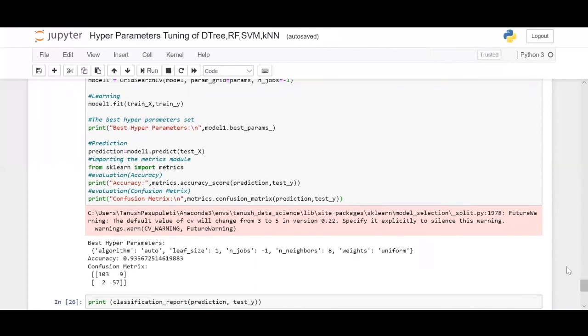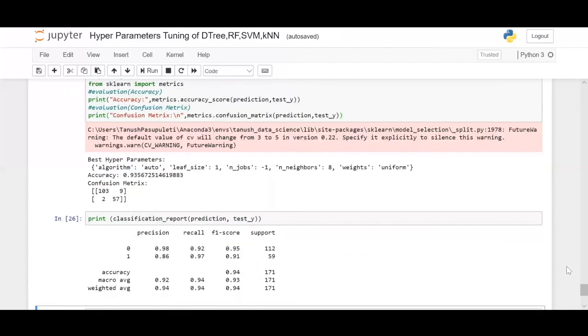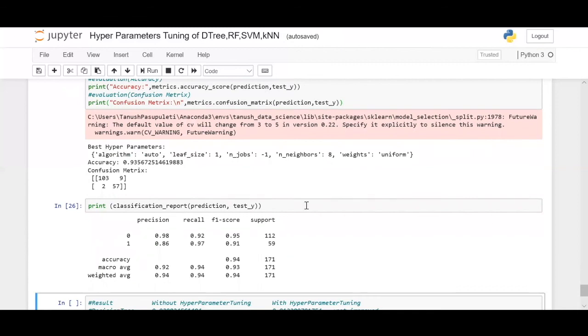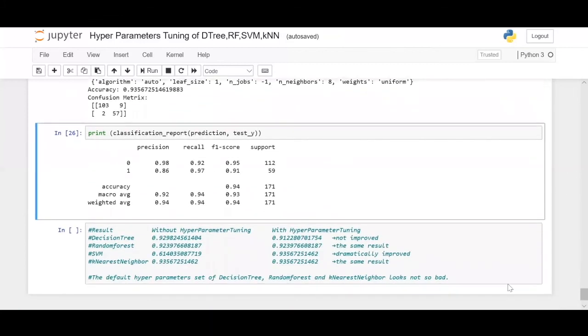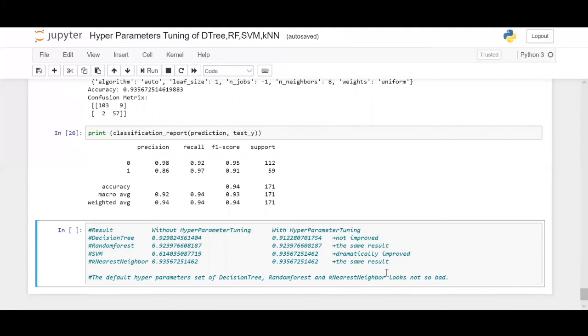So now it's going to be a very difficult job choosing between SVM and KNN, but we can even go with a simple model, right? Because both the accuracy and confusion matrix are almost the same. Even looking at the classification report, it's pretty good for both the models. So these are the final results I have consolidated. So I've shown which one improved, which one didn't improve, which one dramatically improved, and which one has the same result. So we will go with SVM in the end because I trust SVM as it improved really well despite not performing well in the start.